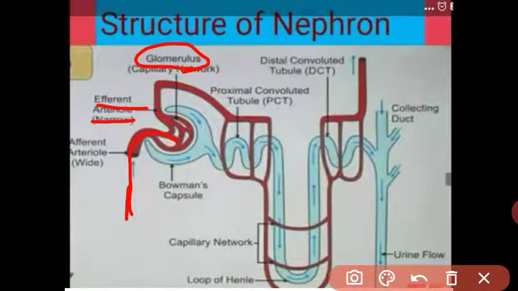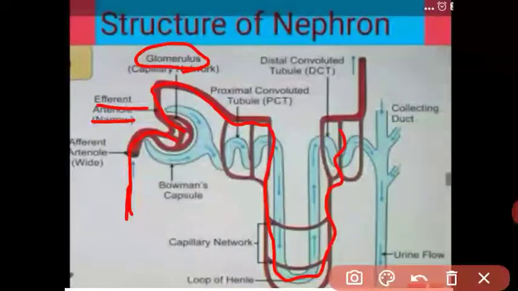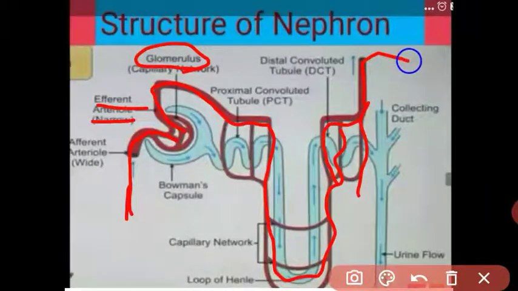These arterioles run parallel to the tubular structure of the nephron to help the tubules in the formation of urine, and this blood vessel is called the vasa recta, as I told you. Again these blood capillaries rejoin and form the renal vein, and the renal veins transfer the pure but deoxygenated blood to the inferior vena cava and then to the heart.